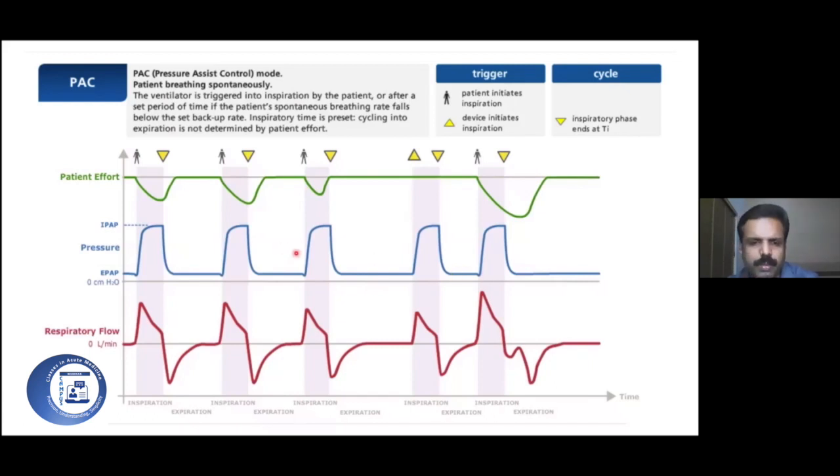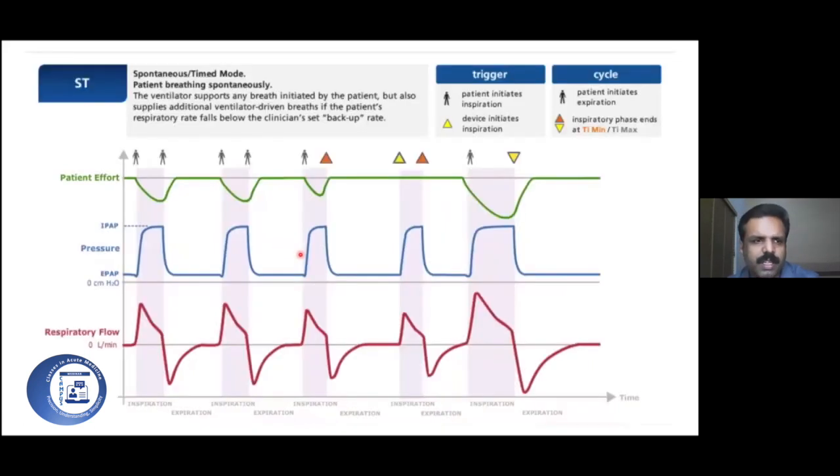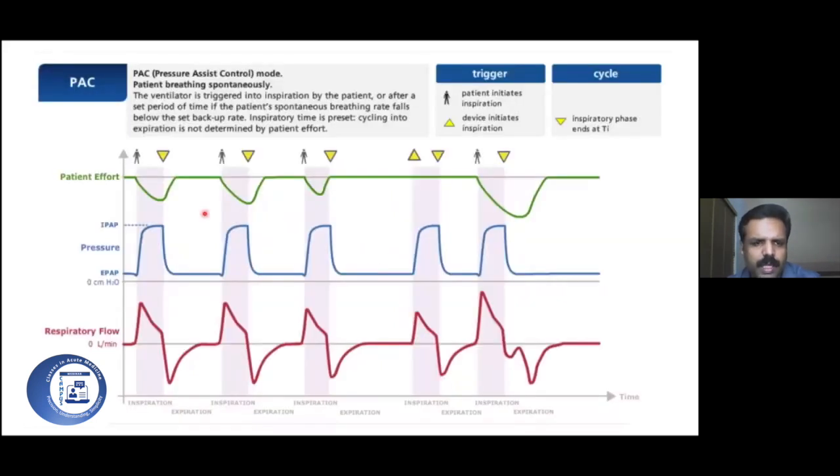So slightly different here. You can see there is not much difference here. Here you can see in ST mode, this is again at a fixed interval. The machine is generating; even if the patient is not generating, the machine will support the breath and again generate the breath. So this is almost the same thing, but again there will be something like a pressure assist control pressure. So every volume will be almost fixed. The machine will assess that.